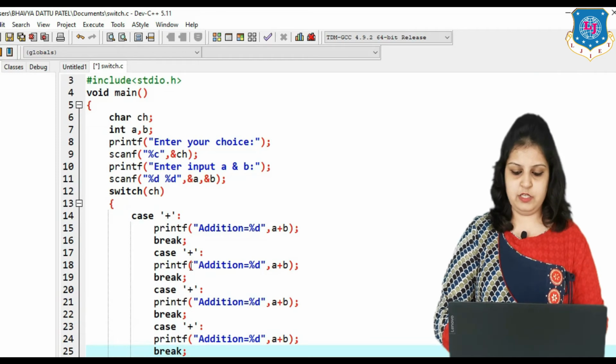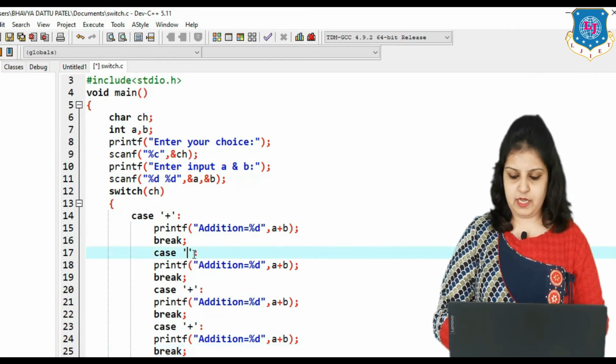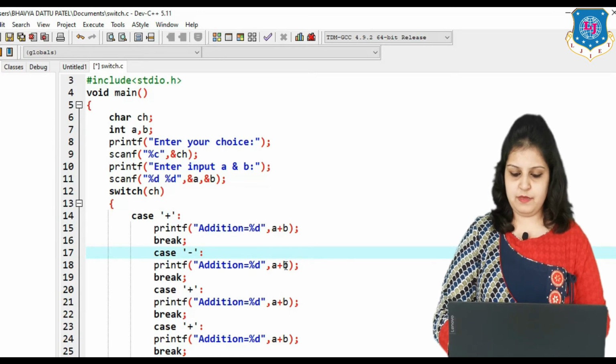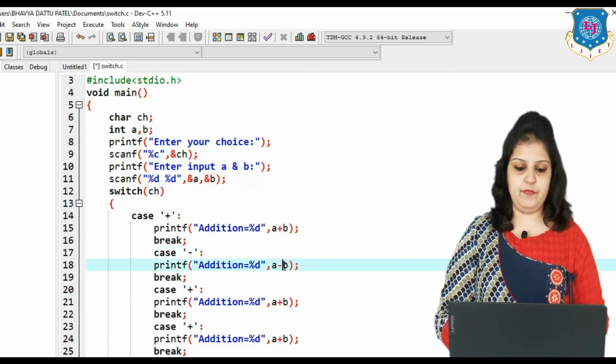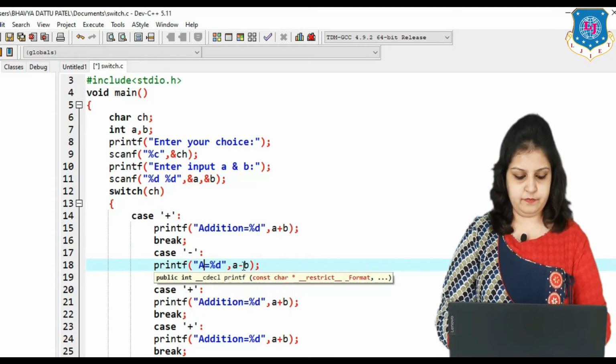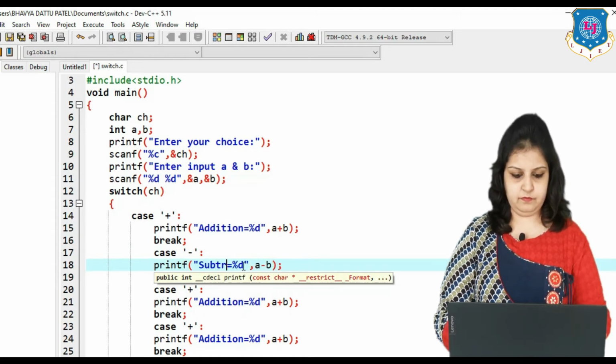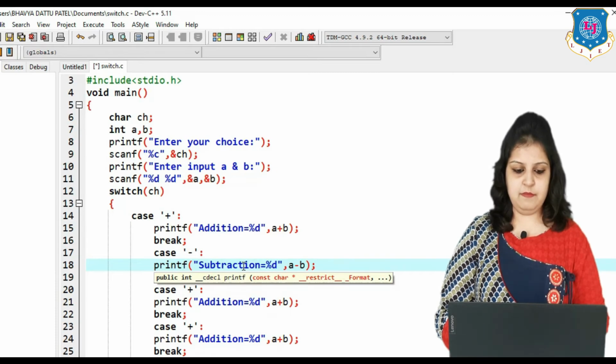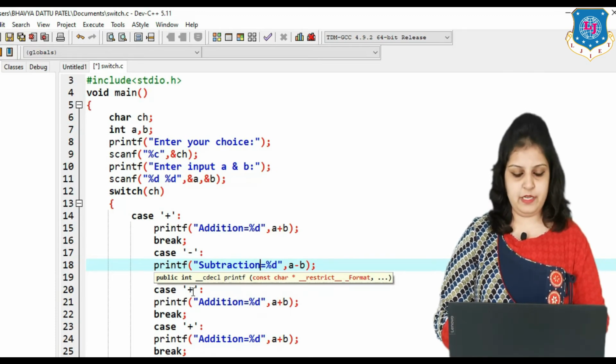Now here change, instead of plus we can write the minus sign, and here instead of a plus b, a minus b, and our printf statement is like subtraction. Same thing we have to do for multiplication.